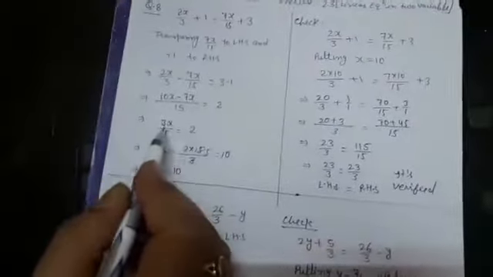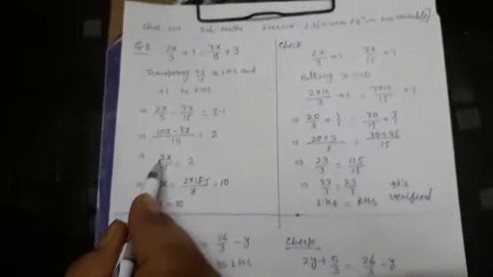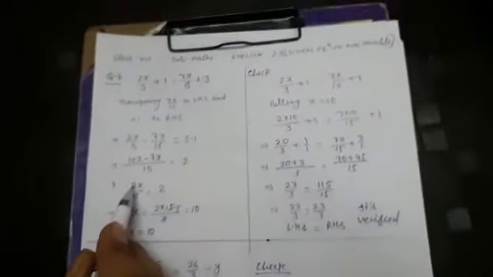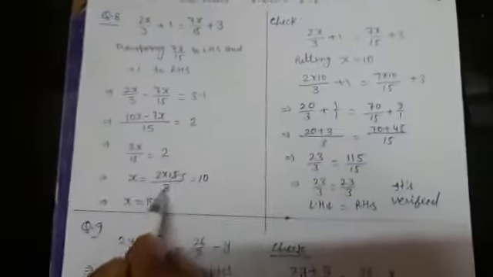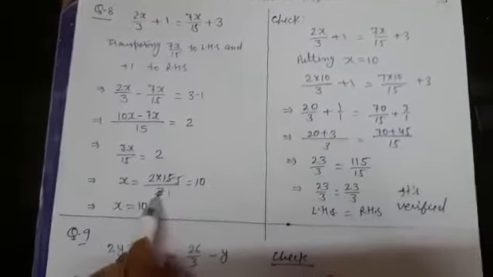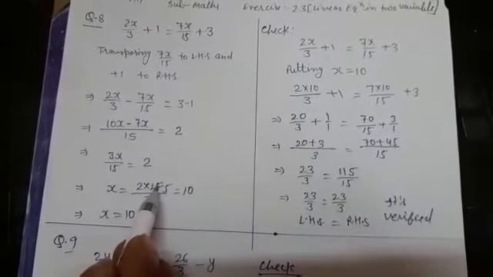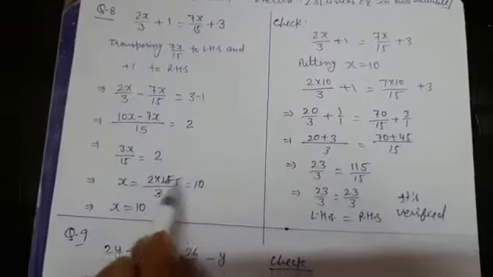So now we want to find out the value of x. So 15 goes that side in multiply of 2, because in this side 15 is in division, so it will go that side in multiply, and 3 is in multiplication of x, so 3 goes that side in division. 3 and 15 cut with the table of 3: 3 1s are 3 and 3 5s are 15, so 5 is here, 5 2s are 10, so x की value we have found out here, 10.